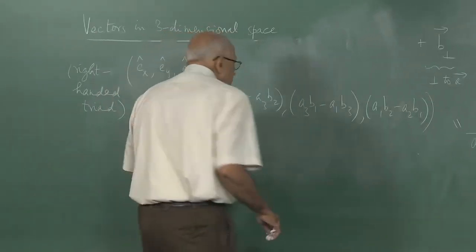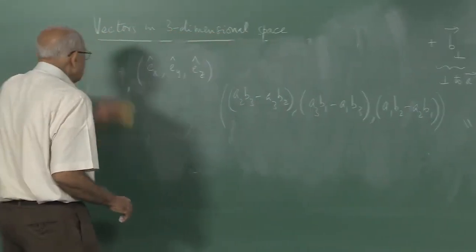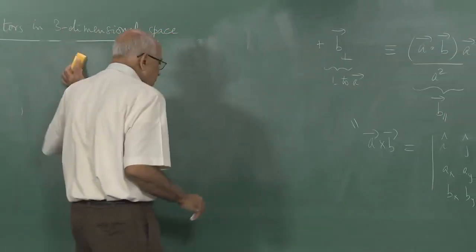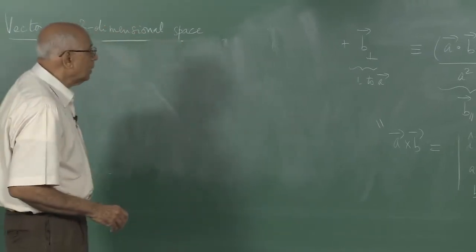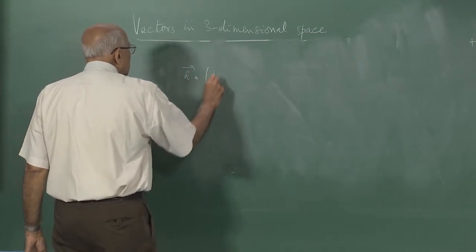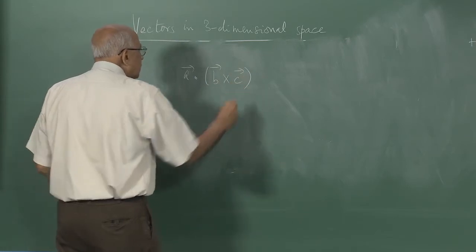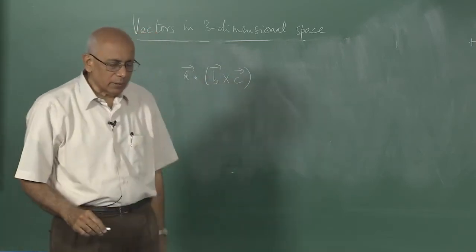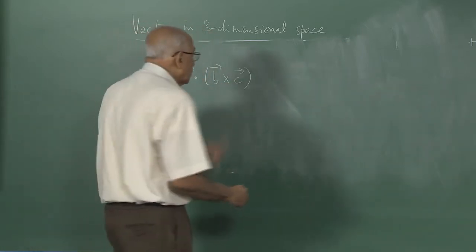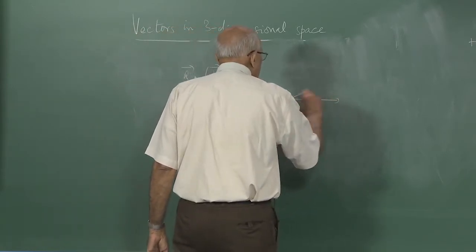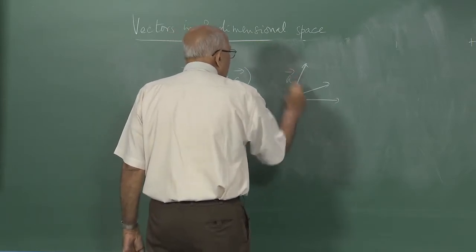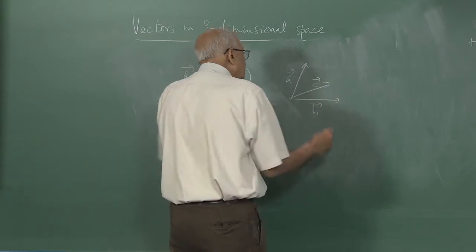All right. Now the next thing we need is the following. We have seen what the geometrical meaning of A cross B is in terms of the area of a parallelogram. Now the question we could ask then is, what is this quantity A dot B cross C? If you give me 3 vectors A, B and C in three-dimensional space, what is the meaning of A dot B cross C? Well, that is not very hard to figure out, because if these vectors are in this fashion, oblique for example,